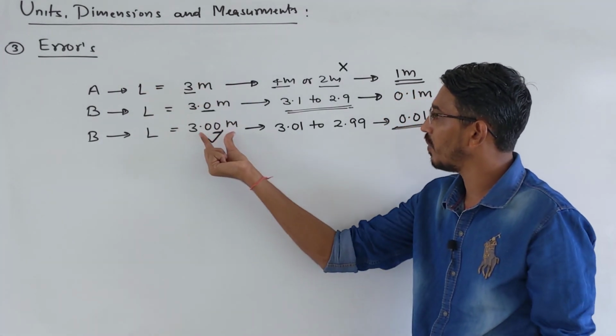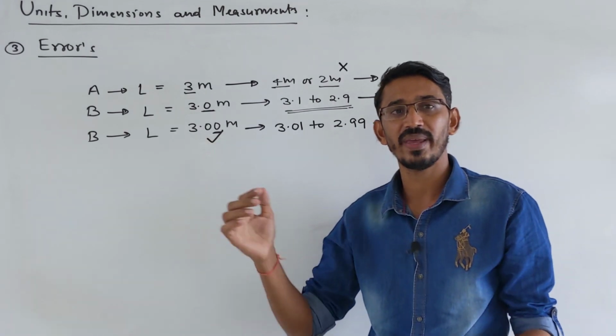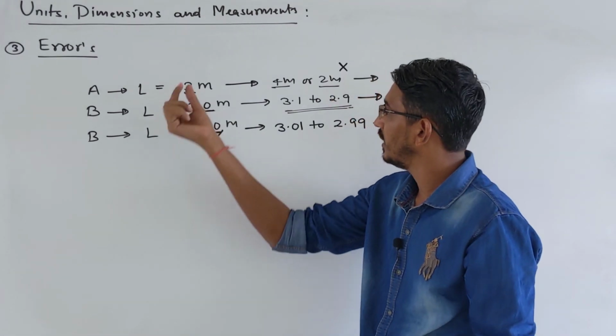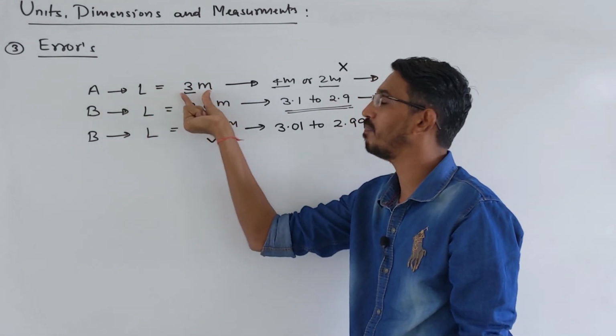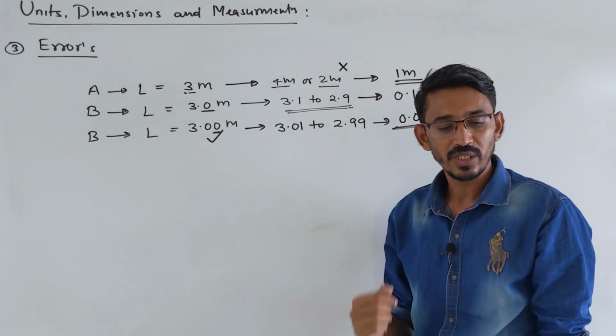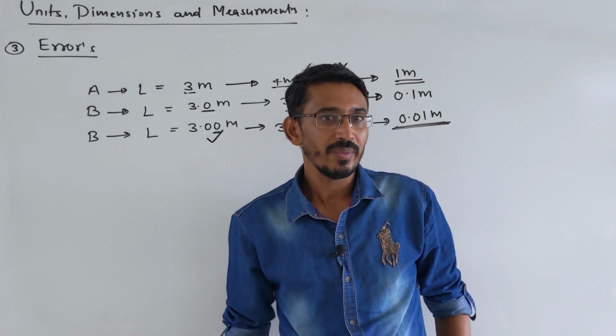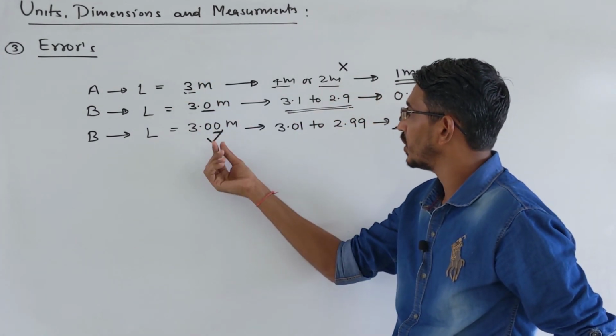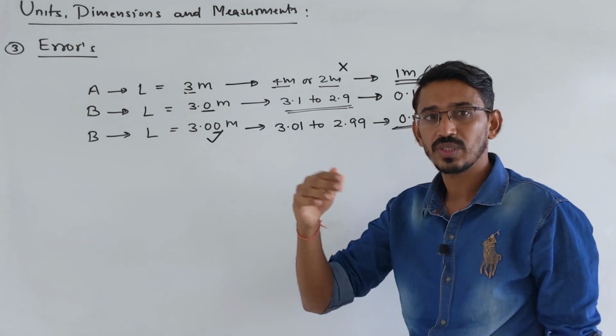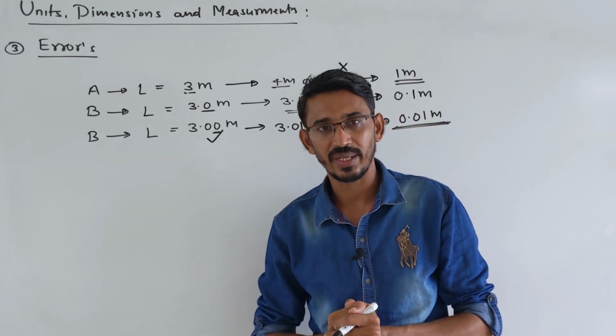Yes, so he is making what? Smallest error. His instrument can make what? Smallest error, and this guy's instrument makes what? Biggest error in this measurement, right? So now you understood why we need to understand error, because error can be big or small. The more precise the instrument, the smaller the error in that measurement, right?